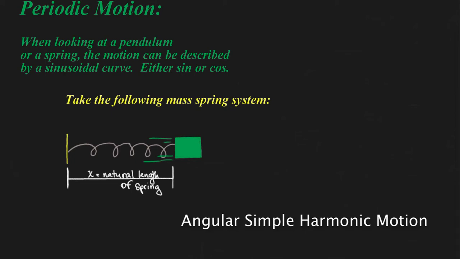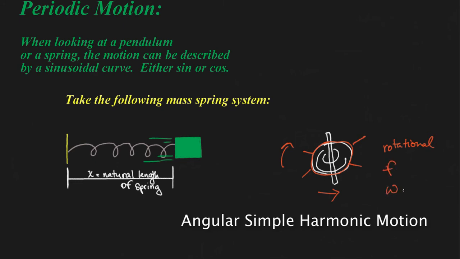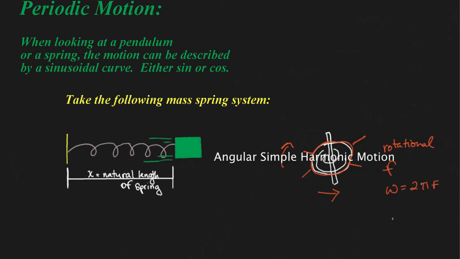And instead of having, let's say, the spring like that, let's say we have something to rotate back and forth. Okay, so it could be going that way and then back that way. Okay, so now because it's rotational, we have to start dealing with, instead of frequency, angular frequency. Okay? So make sure you check out the example videos,